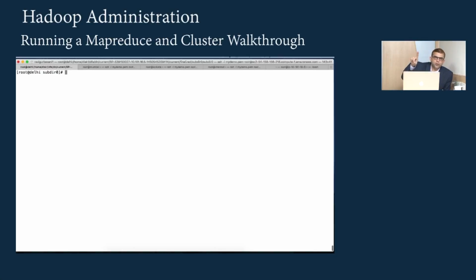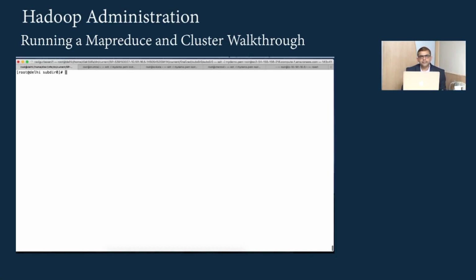We then started the name node on Delhi. We started data node on all 4 machines and secondary name node on Mumbai. That brought us to the end of the HDFS setup. Next, on Kolkata, we started the resource manager, we started the job history server on Chennai, and we started node manager on all the 4 machines. So our HDFS was up and our YARN was also 100% up.